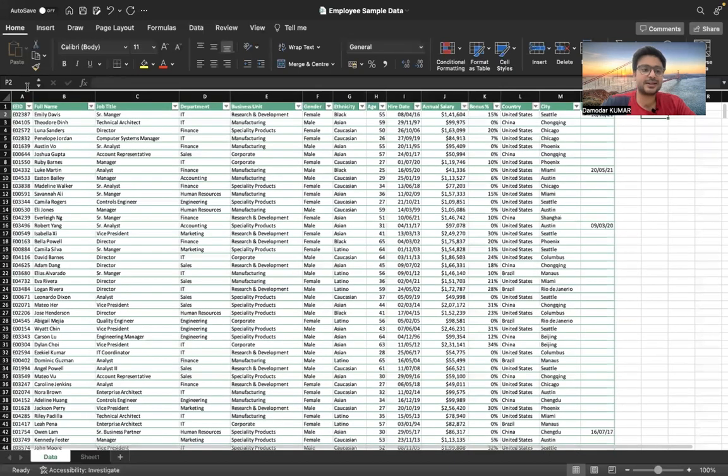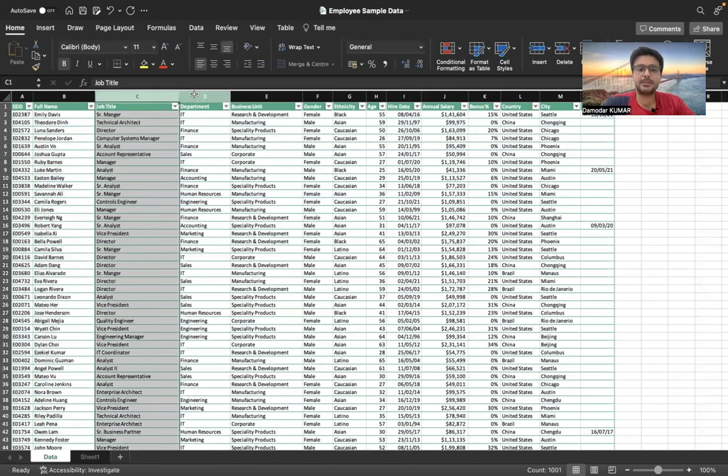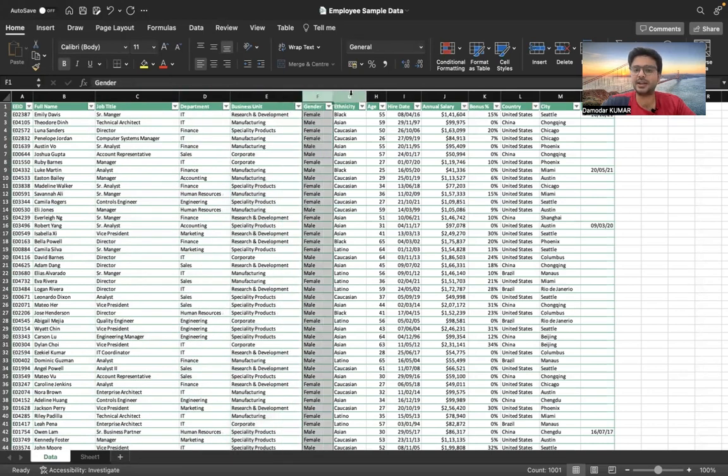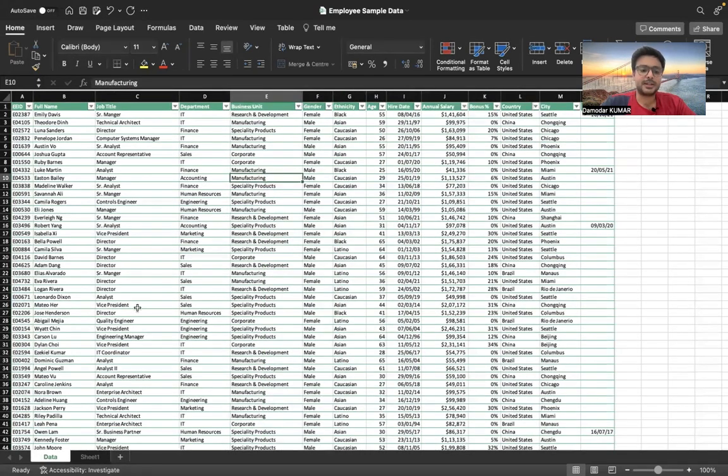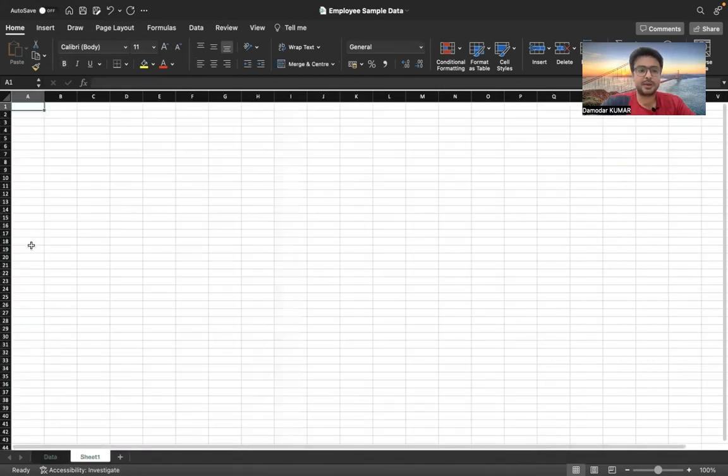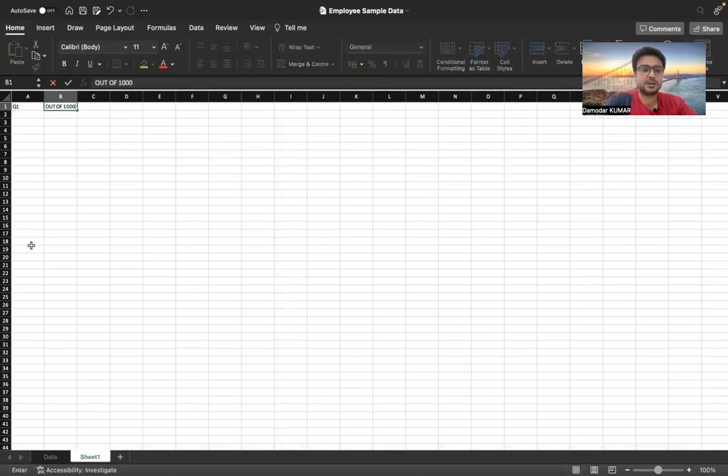This particular data set is a sample data set for employees. It has all the basic details like employee ID, full name, job title, department, business unit, gender, etc. So I give you a problem statement. I will just write it here. Before that, you should know that there are almost 1000 rows. My problem statement is: out of a 1000 employee data set,